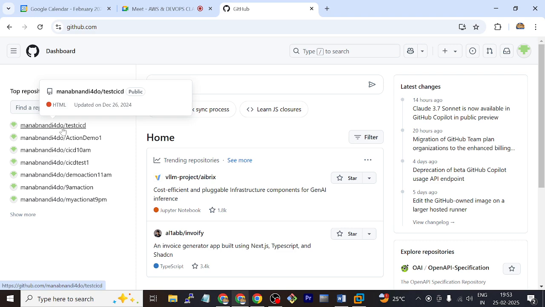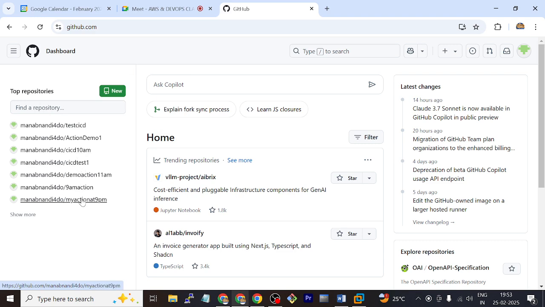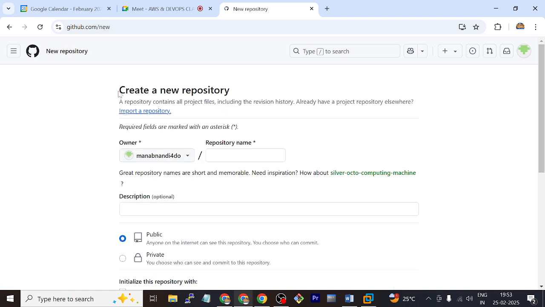My name and then for DevOps, DO. And this is test CI/CD, action demo. These are all repositories. Repository, just think about one folder. I am going to create one new repository. So click on new, and my repository name is